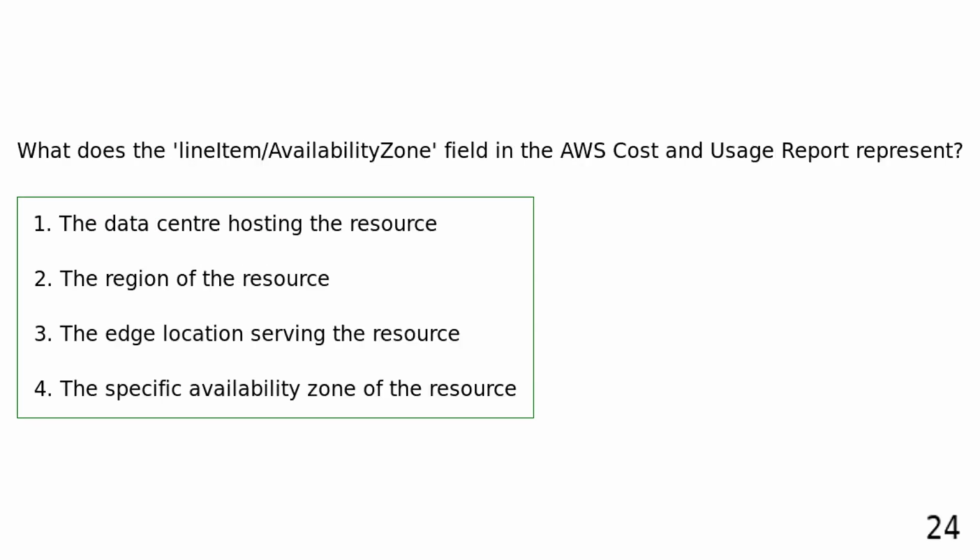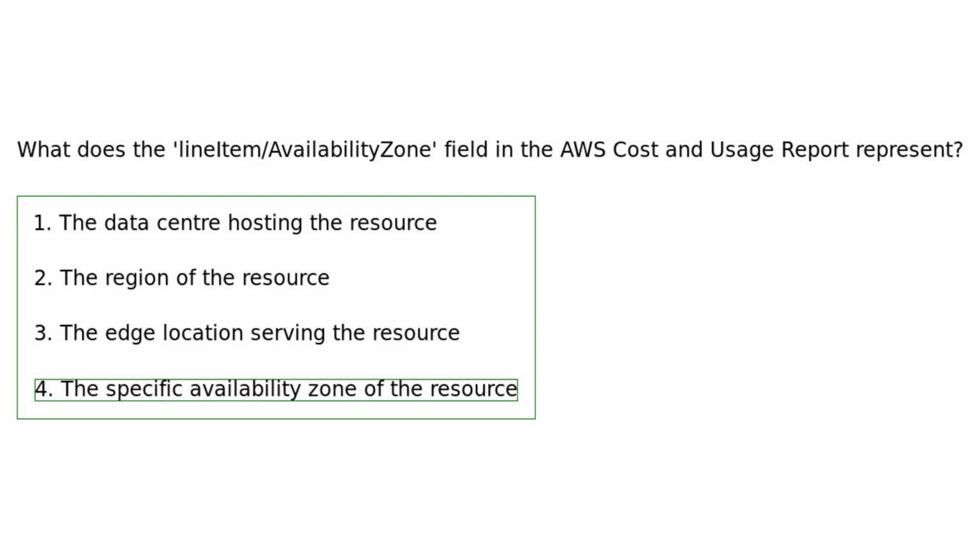What does the line item/availability zone field in the AWS cost and usage report represent? The data center hosting the resource. The region of the resource. The edge location serving the resource. The specific availability zone of the resource. The line item/availability zone field shows the exact availability zone where a resource is located, useful for tracking